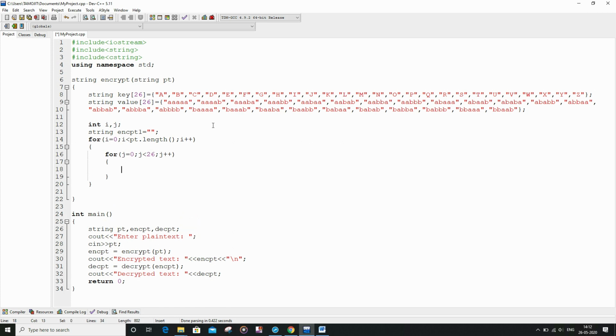And inside it I am going to write if pt dot substring i, i plus 1, equal to key of j.